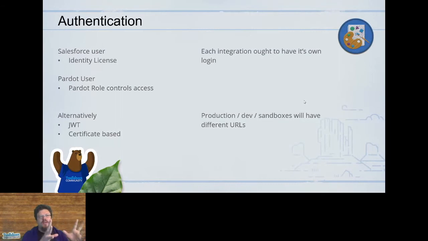And then another thing to be aware of is when we're talking to production and development, that is one set of URLs that we need to use. Actually, production and training environments use one set of login URLs, and then our sandboxes and dev, we need to use different URLs to access. It's something that's not obvious. It's not really spelled out in the documentation clearly. It's there, and once you run into this and then go back and read the documentation more closely, it's like, oh, it's that sentence right there that tells me this. But if you don't know to look for it, you're not going to see it.